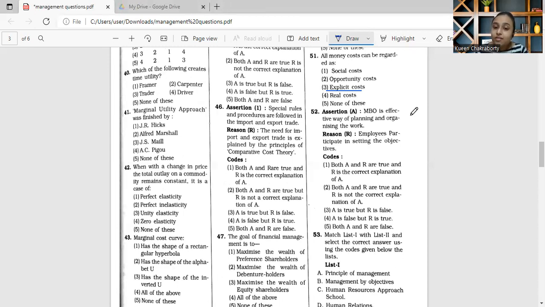It says MBO is an effective way of planning and organizing the work. What is MBO? MBO is a management system in which the objectives of the organization are agreed upon so that the management and employees understand the common way forward. MBO is management by objectives, and it aims to serve as a basis for greater efficiency or effectiveness through system procedures, and greater employee motivation and commitment through participation in the planning process.